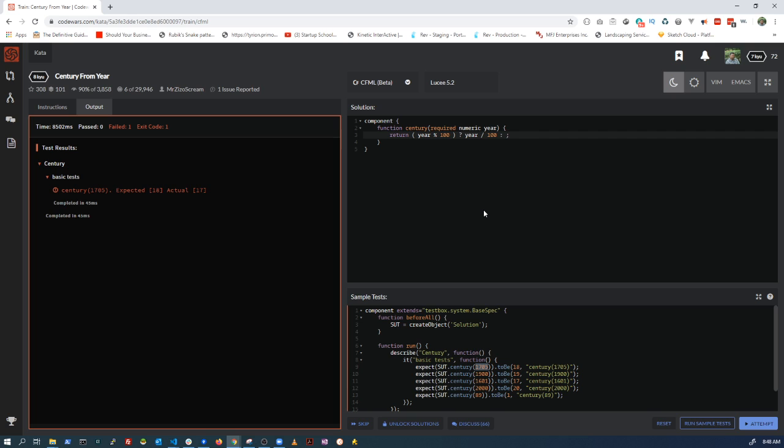And then if it isn't, I think we can just do it this way. We'll check and see if this works. Otherwise, we want to return year divided by 100 plus 1. No, minus 1. So basically, if there's a remainder,